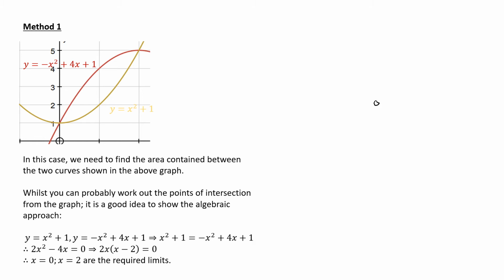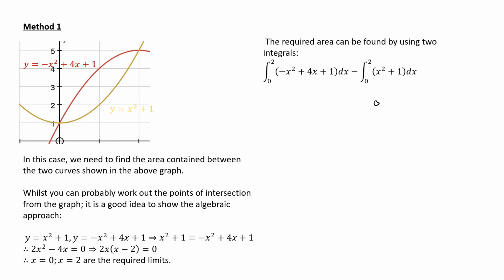I could do it in terms of y if I wanted to, but I don't really fancy it. So I'd have to use two integrals. My first integral, the integral between 2 and 0, which are my limits, of minus x squared plus 4x plus 1 with respect to x, gives me the entire area contained between the lines x equals 0 and x equals 2